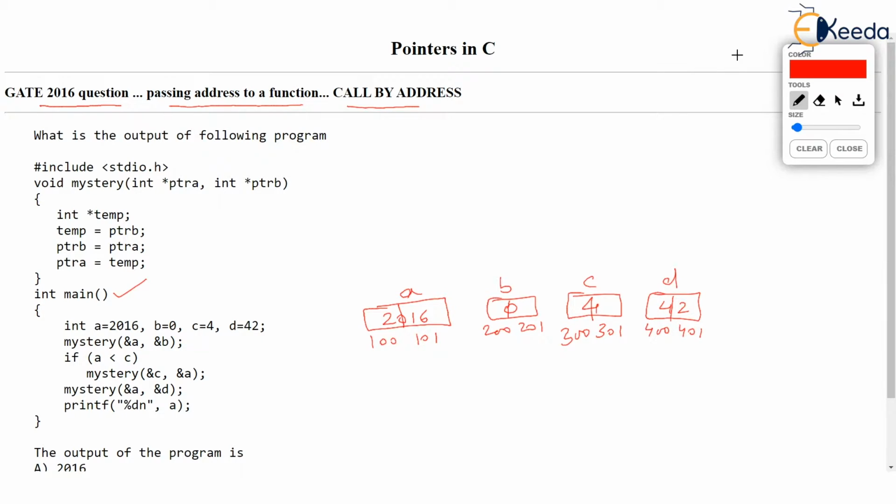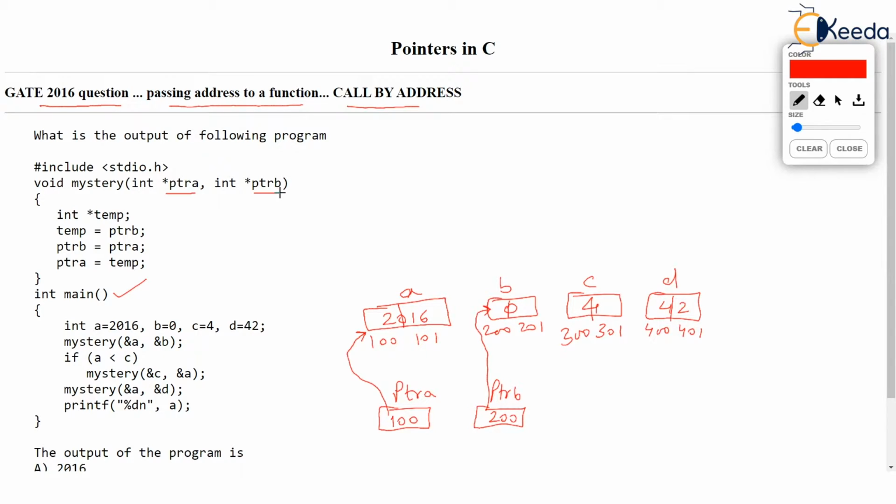The next line calls a function called mystery by passing the address of A and the address of B. Now the address of A goes into the pointer PTRA and the address of B goes into the pointer PTRB. So PTRA is a pointer which receives the address of A, so it is going to point to A. And PTRB is a pointer parameter which receives the address of B, which is 200, so PTRB points to 200.